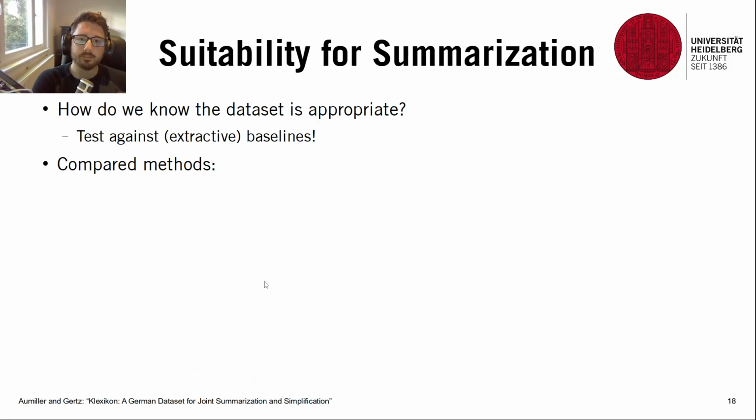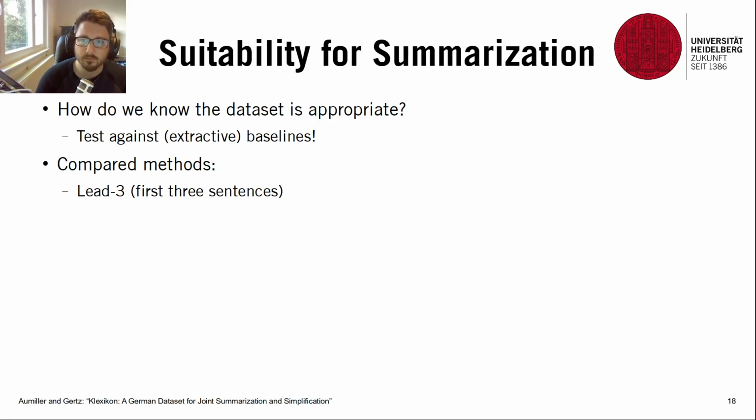Now that we have a somewhat evenly distributed dataset for our task, the question is, can we actually use them for summarization? And the question is, how do we actually evaluate for that? What we have chosen to do in our case is compare against a set of extractive baselines. These are there to test whether we have too easy or too difficult of a task at hand. And there are different methods that we use for those. In particular, a few popular ones that are generally used is the LREC'22 baseline. For anyone not familiar, this generally simply uses the first 3 sentences of an initial article to form a summary.